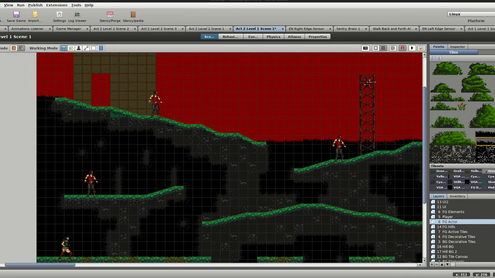So each level has a few different variants. It's a lot clearer in level 1. So actually, let me run the game and I can show you. By the way,